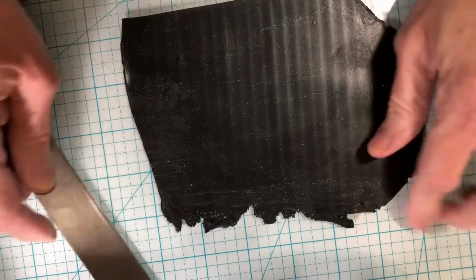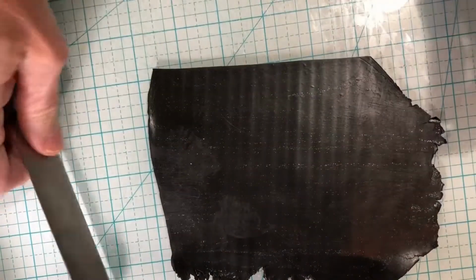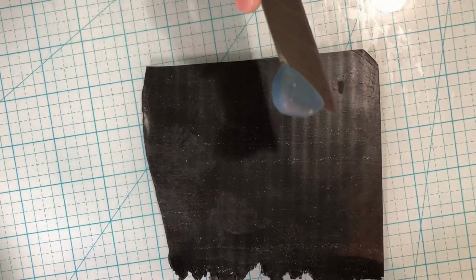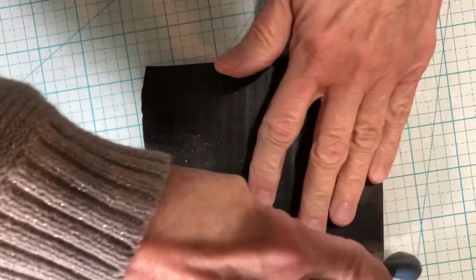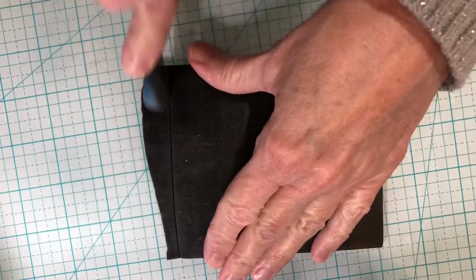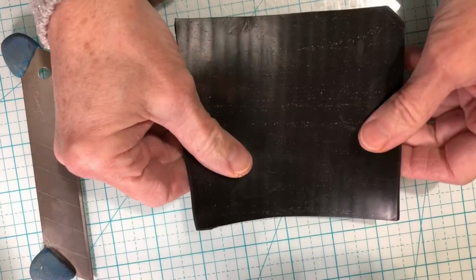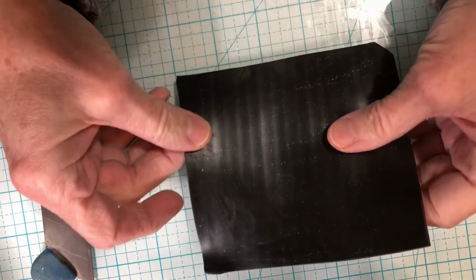You probably didn't see that because I'm probably not in screen. There we go. But I'm cutting some of the raw edges off before I start. You don't need a whole lot of clay to wrap this, but a little clay goes a long way with this project. There we go. And I'll cut a little off here too. All right, I'm going to bring it back to about right here. And I'm going to, well, let's see, let's line it up with my